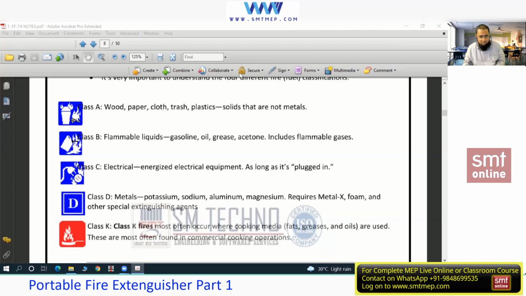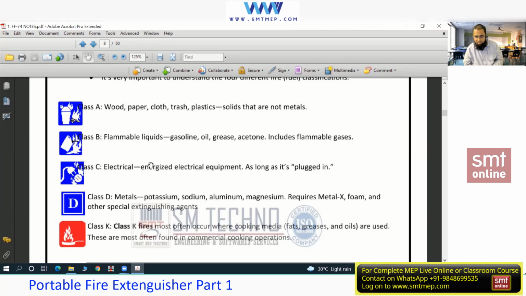Now the question is why we learn all this classification. Based on this classification, we have this portable fire extinguisher. Later in other topics also, this classification will help to identify the combustibility, the type of combustible material. Based on that, we have this type of fire, etc. So this is very basic, what we learn. Now with this information, we can decide which type of fire extinguisher is applicable.